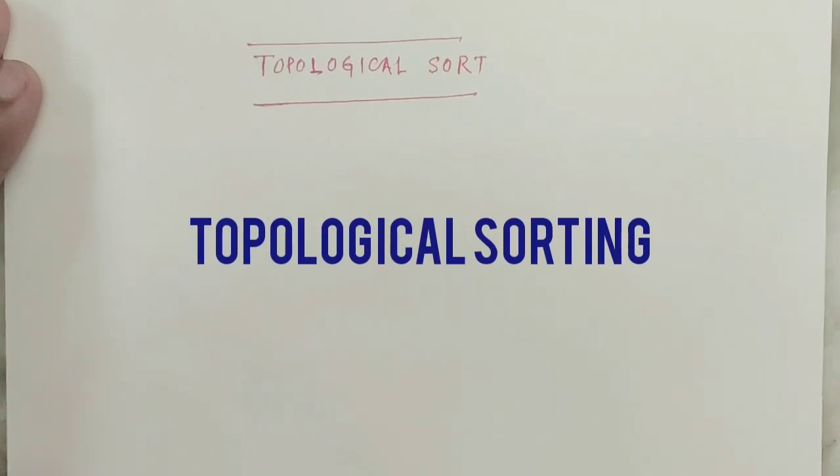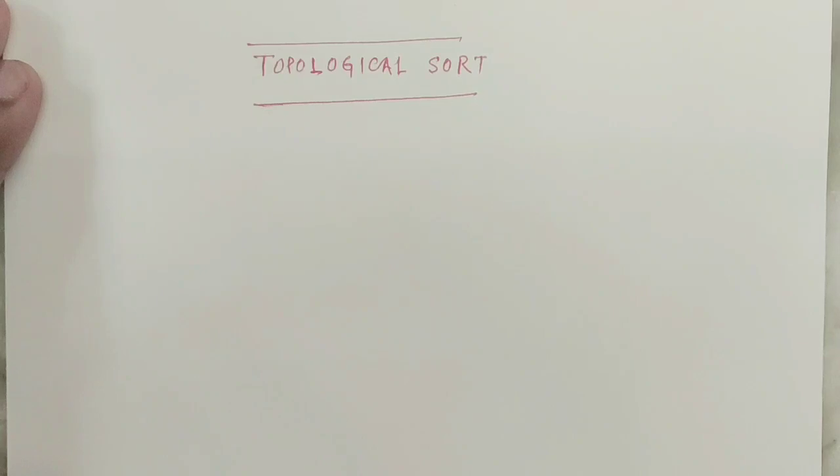Okay, and topological sorting is performed for directed acyclic graphs, which is usually called a DAG, and it aims to arrange the vertices of a given DAG in a linear order. So we can say that the essential and necessary condition for topological sort is a DAG, that is, a directed acyclic graph. So before proceeding to topological sorting, you must know what a DAG is.